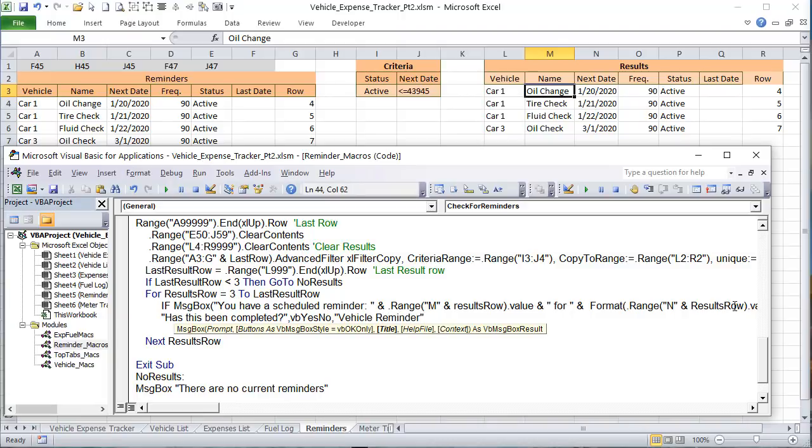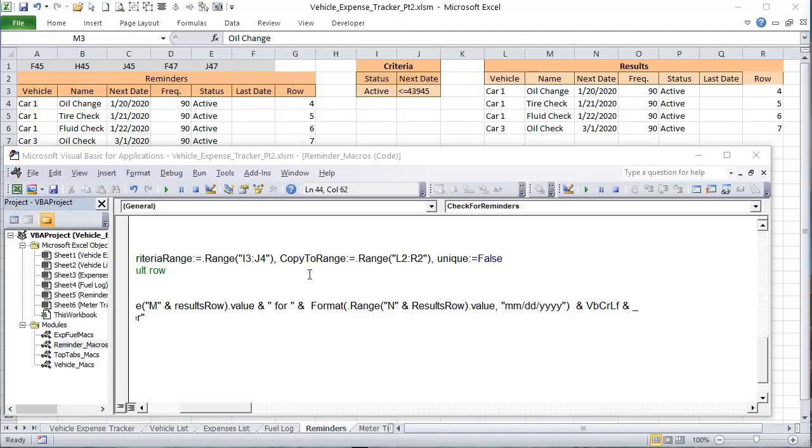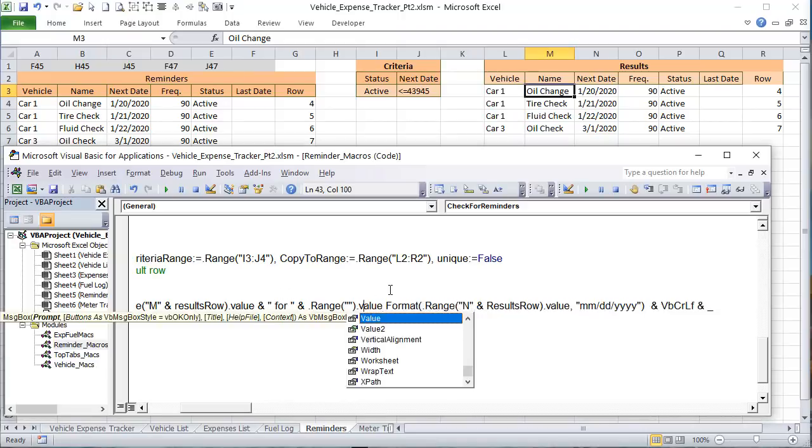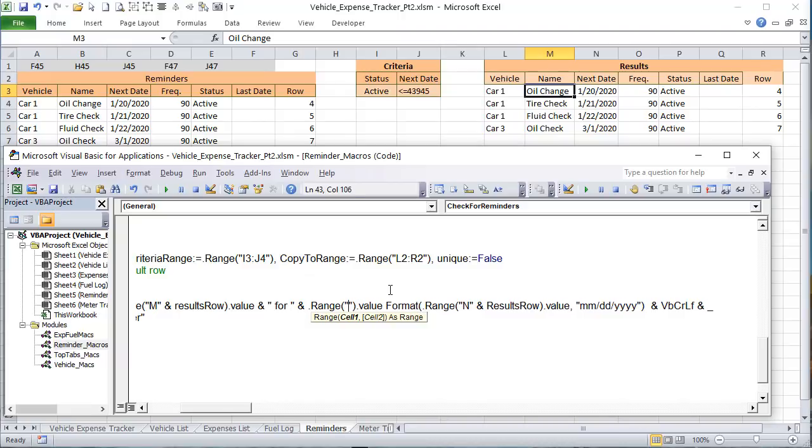Actually, we need a car number in there too. All right, let's add a car number here. So let's add that. And dot range, the car number is located in L, and the result row. Okay, good. Now we got the car number in there, and then of course we got to do the